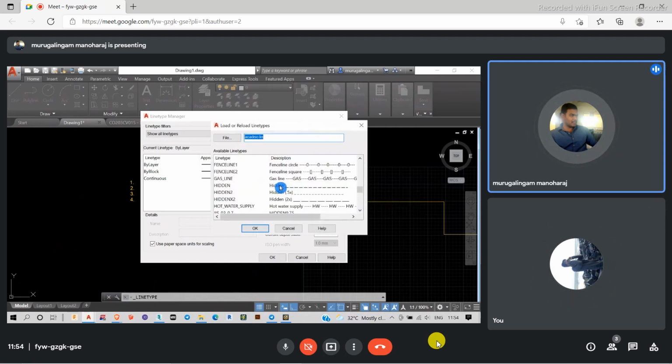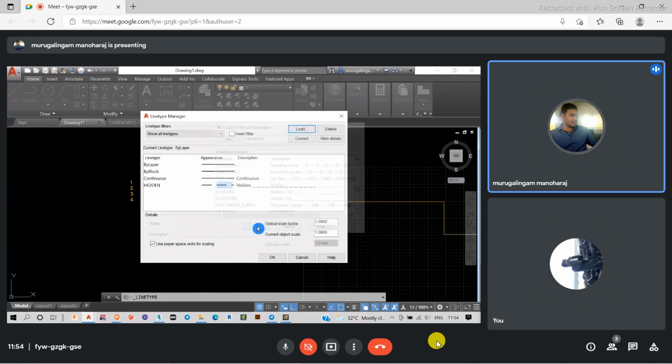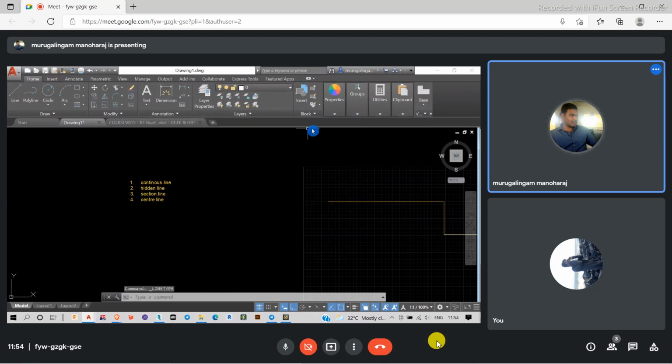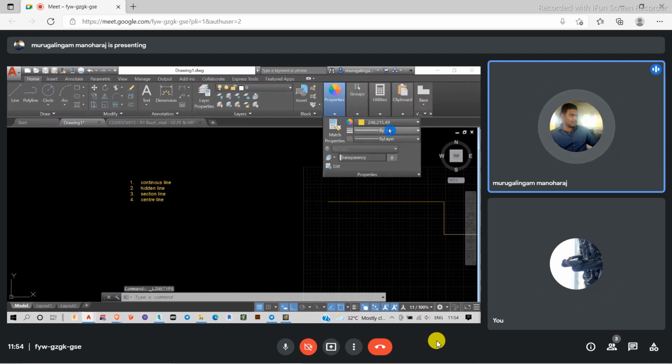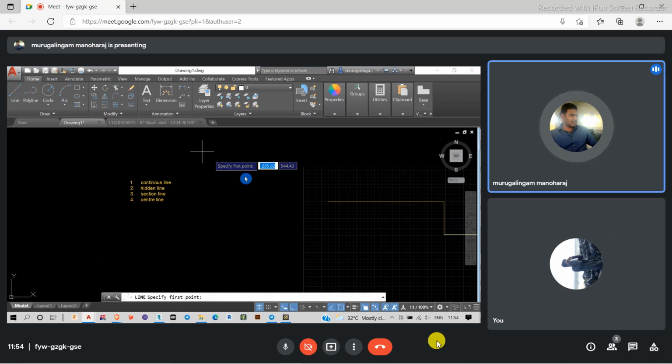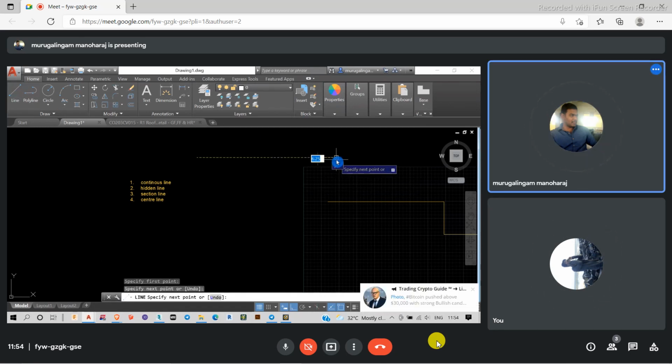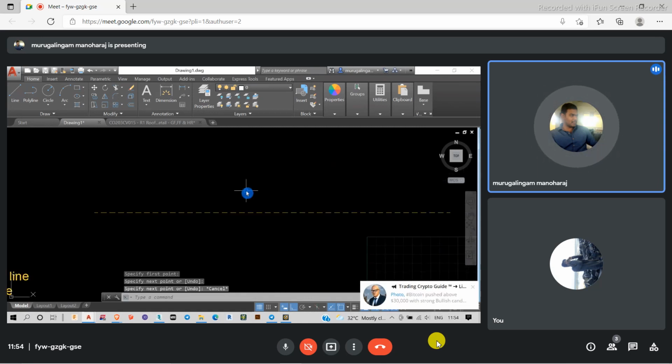Hidden lines will be present here. All 3 are hidden lines only, but the gap will be different. So I'm choosing the first option here and clicking OK and again OK. Before drawing a line, I'm choosing the hidden option. After choosing it, I'm going to draw a line. So this is going to be my hidden line.